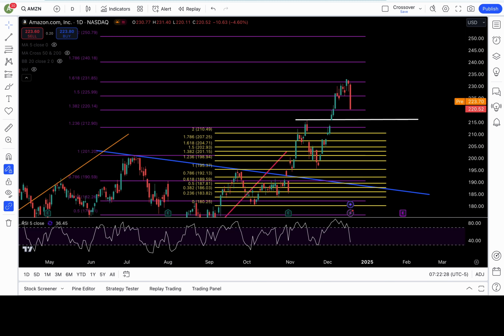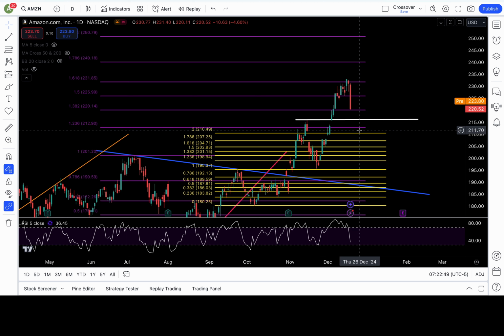If below 248.5 and 247 fails as support, then 244, 242, and 240 are all in play. Pullback continues. Amazon with the beautiful pullback as well, breaking down at the 226 level. It was beautiful. I have support right now at 222 and fib level support at 220. If those levels fail, we are likely dropping down to 216, and if 216 fails, a lot lower we go, down to 214.5,